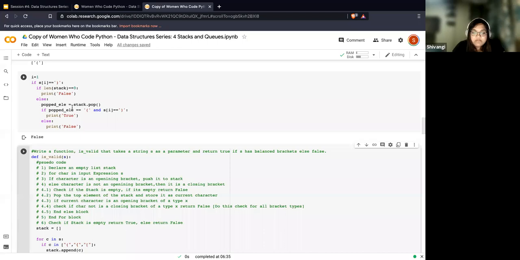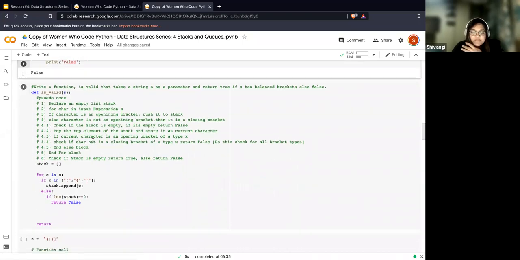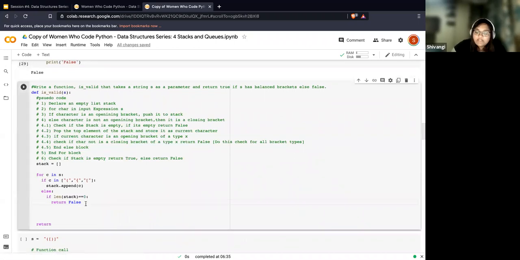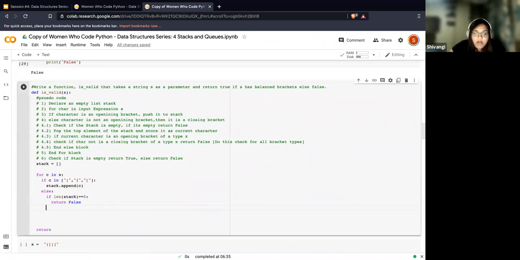We did this over here, right? So if the length of the stack is 0, you're going to return false. What's the next step? The next step is you want to check if the character is a closing brace of a certain type. So now how do you do that?